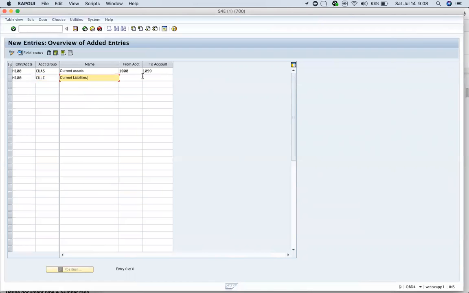Current asset, current liability. Okay, we have created